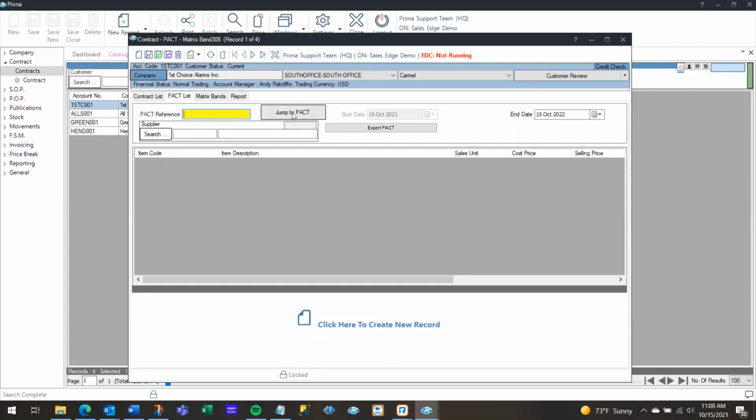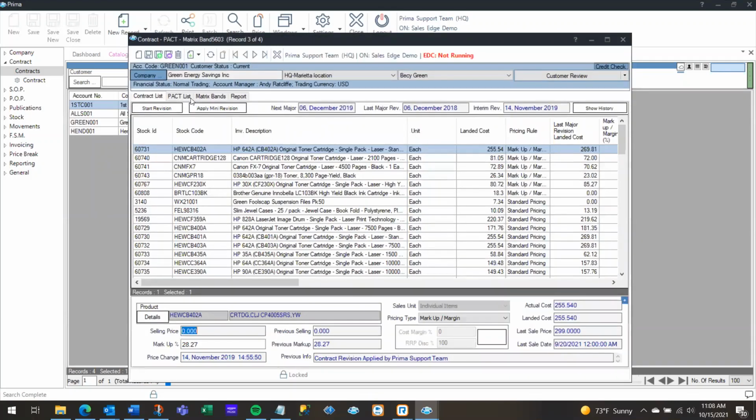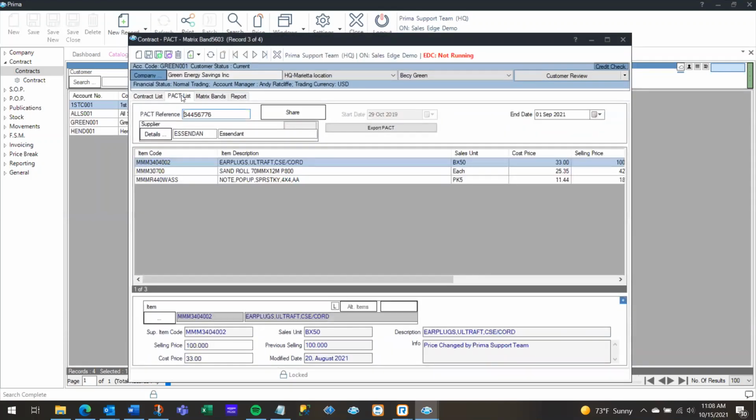So what we can do is hit this jump to pact button instead, and that'll open up the other contract where this company's pact is being shared from. So the original pact is going to be here. As you can see, the pact reference is filled in this time. The share button, if you wanted to share this pact with other companies so you don't have to set it up multiple times, you can share that from here,